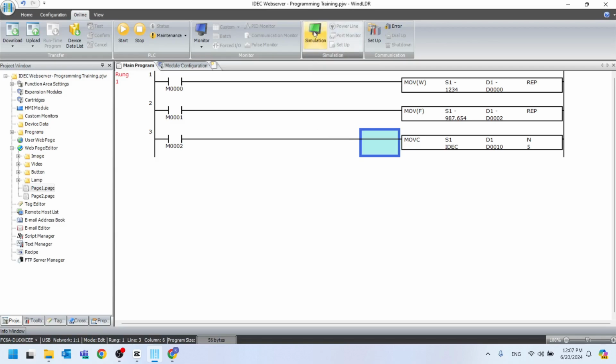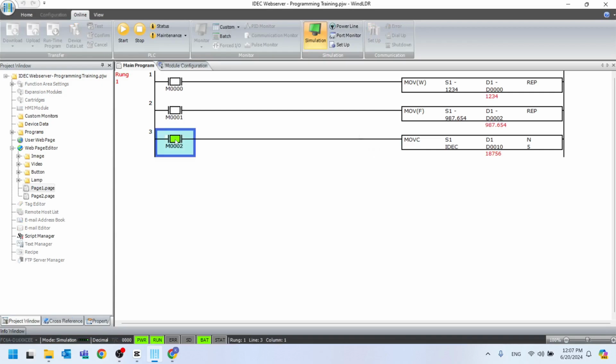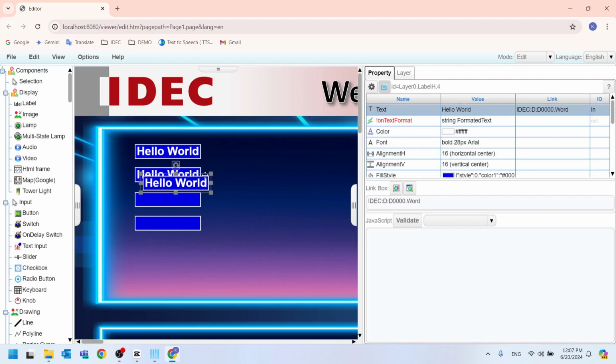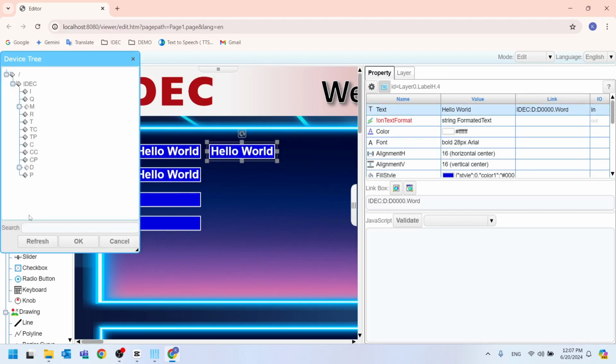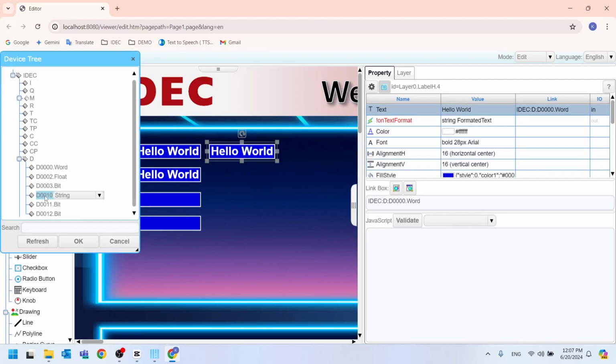Then run the simulation program and move the string to D10. Next, copy another label and select Device D10. Select the data type as string and then press OK.